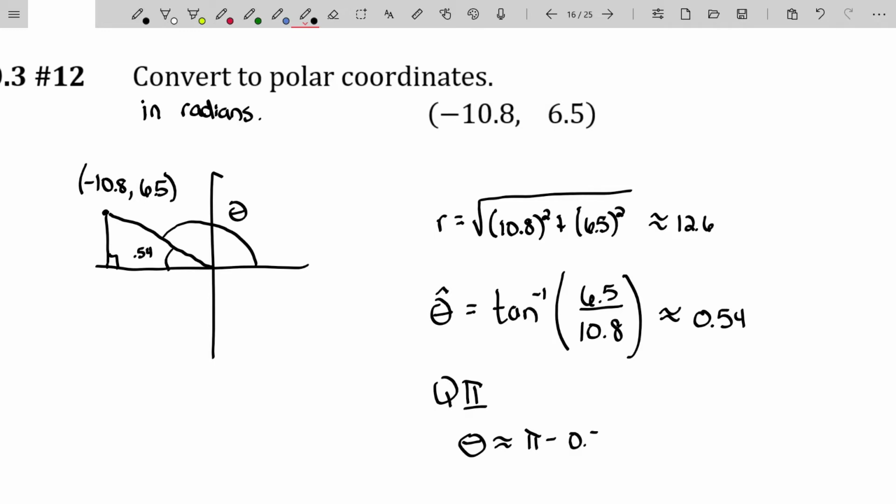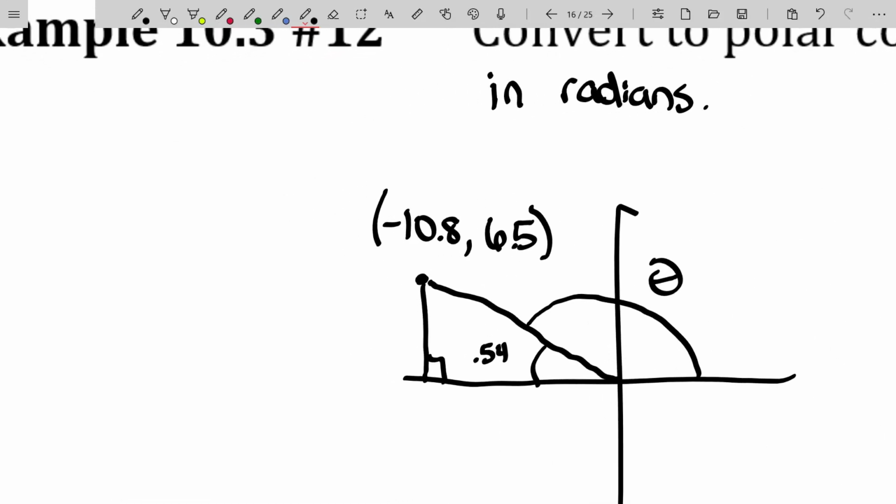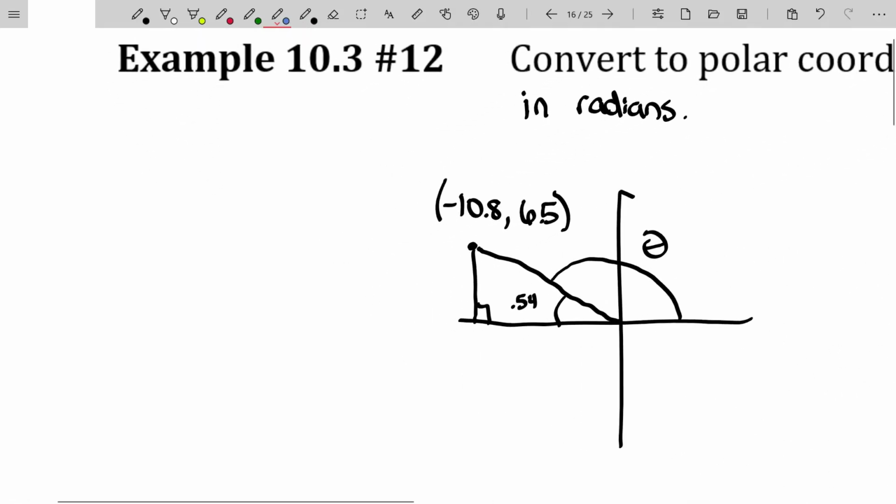So I'm going to go ahead and grab my calculator and calculate pi minus that number, and I get approximately, again, rounded to 2 decimal places, 2.60. That's again in radians. So this point in polars is approximately 12.6,